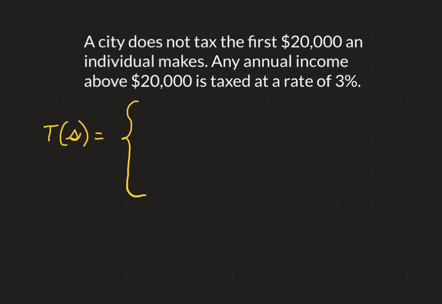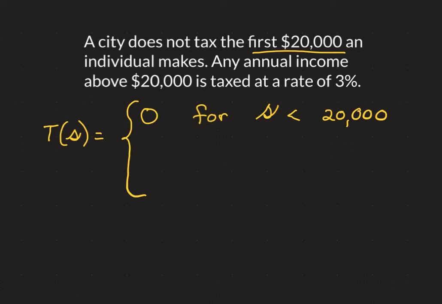The city doesn't tax the first $20,000. If S is less than $20,000, then T of S equals 0. Okay, so it's 0 for any salary less than $20,000, and anything above $20,000 is taxed at a rate of